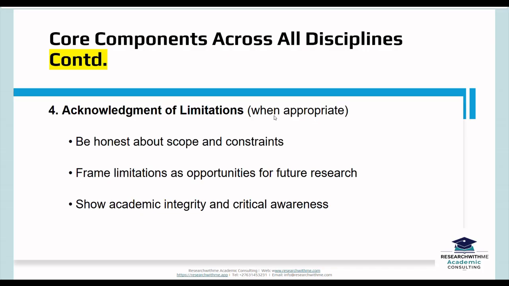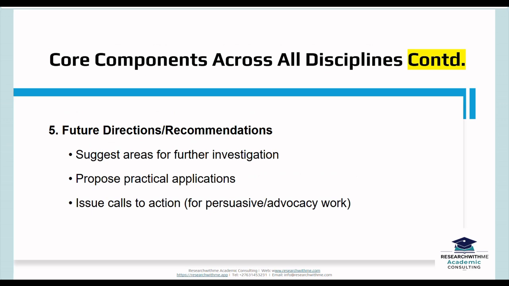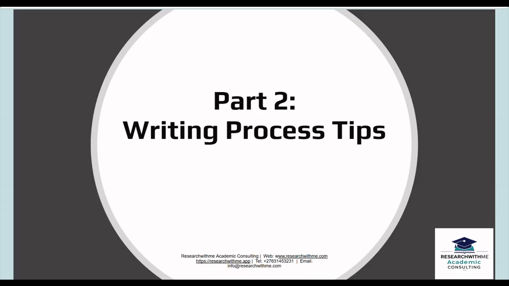So let's continue. Another thing is acknowledgement of limitations. We've talked about this. If it doesn't come under discussion, ensure that you allude to that under the conclusion. Everything we discussed about limitation in the previous class applies here. Without wasting time, let's go to the next one. Another thing is future direction or recommendation. It can also come under conclusion. So, with what we have said, we believe we understand what to do at different points. And when we are writing that, we are going to see examples.